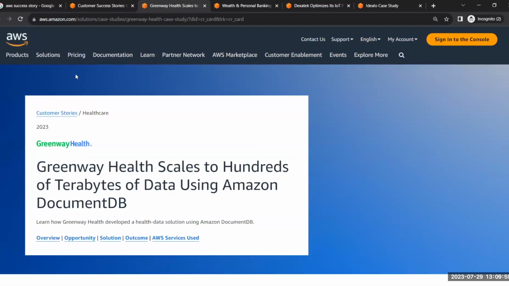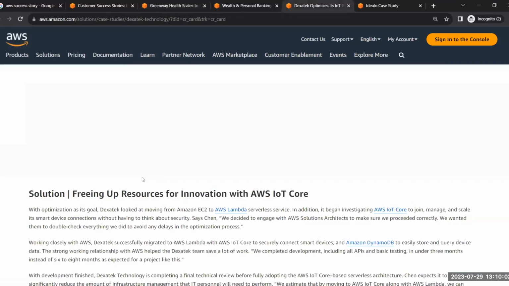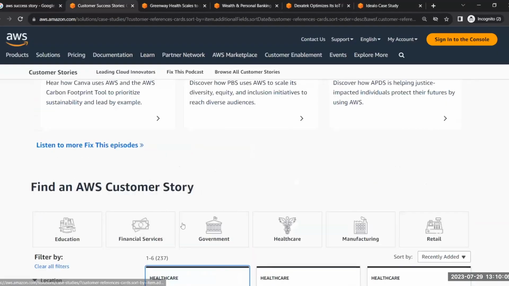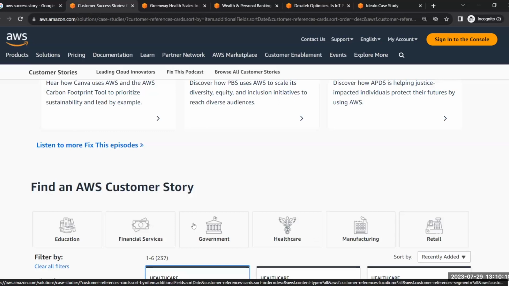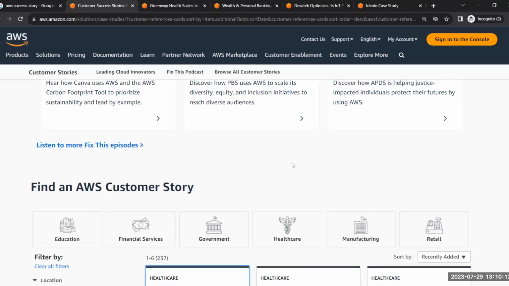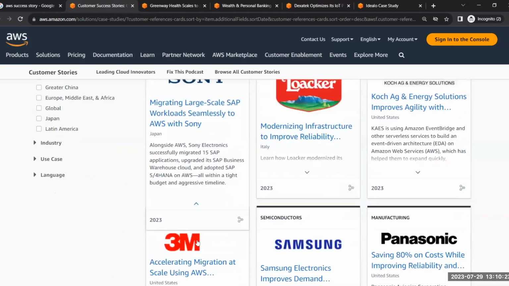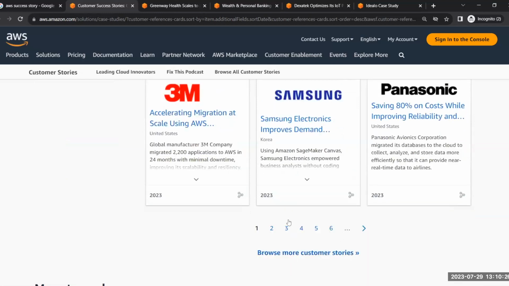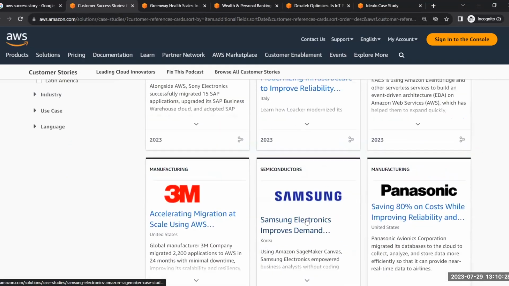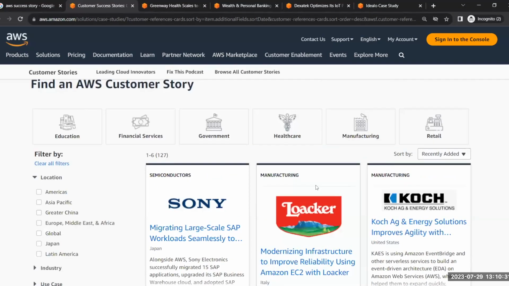So what I would recommend is to have a look at all this. First, you have to define which domain you are looking at. Define the domain. Say, I want to do something in manufacturing. Go through at least 10 stories. Read 5 to 10 stories. As you can see, there are so many success stories. You'll get an idea of what the real world problems are and how those problems are solved using AWS for manufacturing.